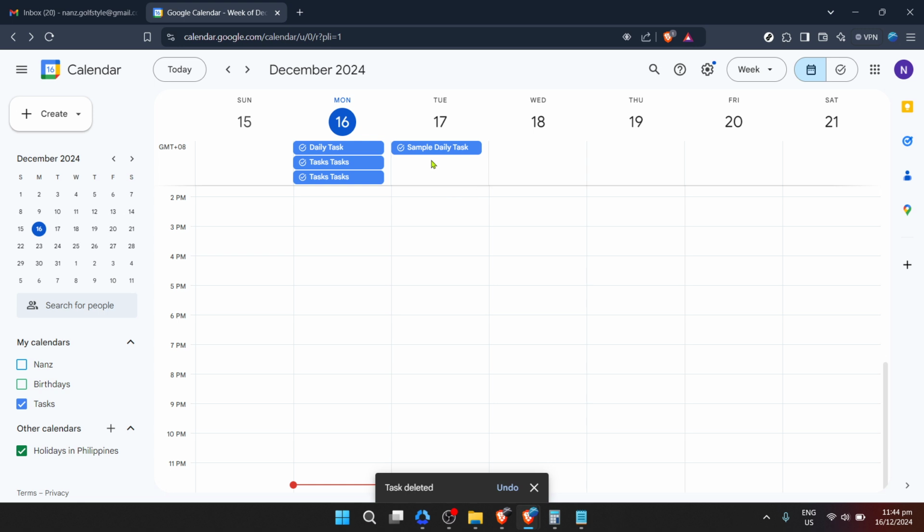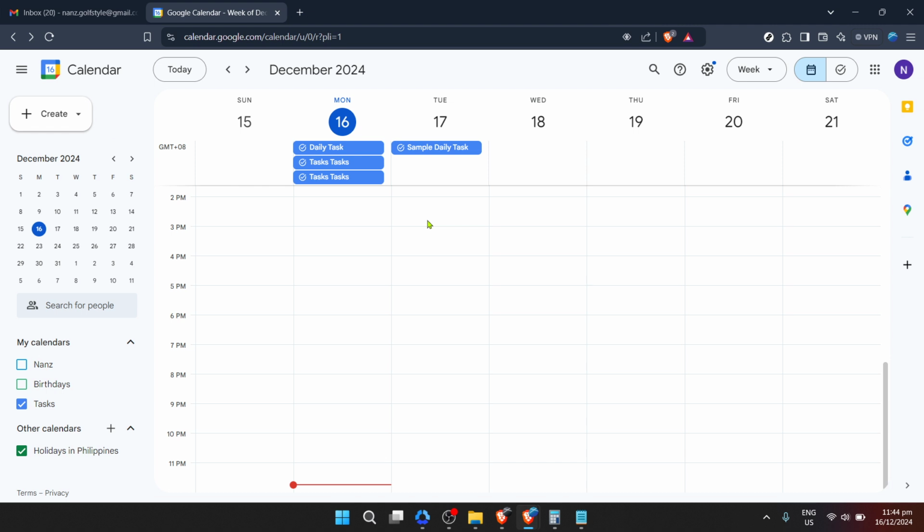Deleting a task can feel final, but remember, this is all about making your digital workspace more manageable and tailored to your needs. Whether you're refining your focus or decluttering your schedule, removing tasks that no longer serve your purpose is a step in the right direction. It's worth mentioning that while this process is simple, the exact visuals and steps may vary slightly depending on any updates to Google's interface. However, the core actions remain consistent.